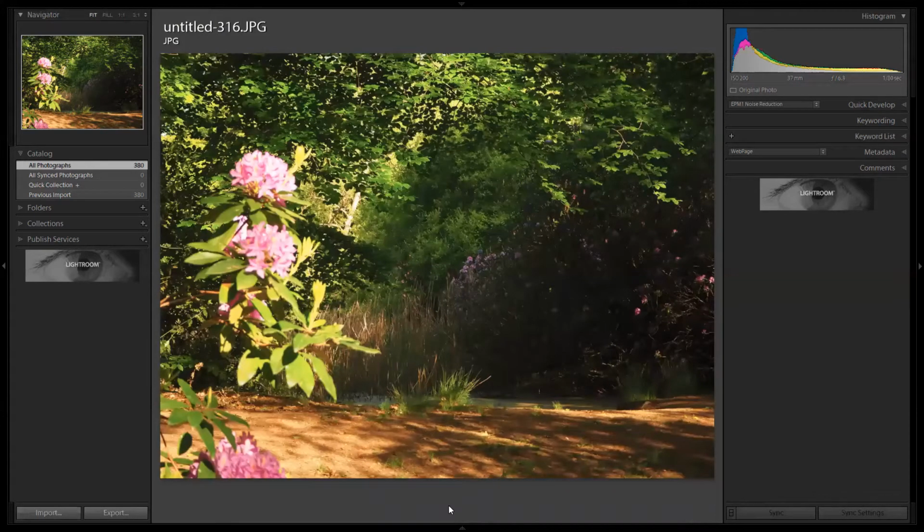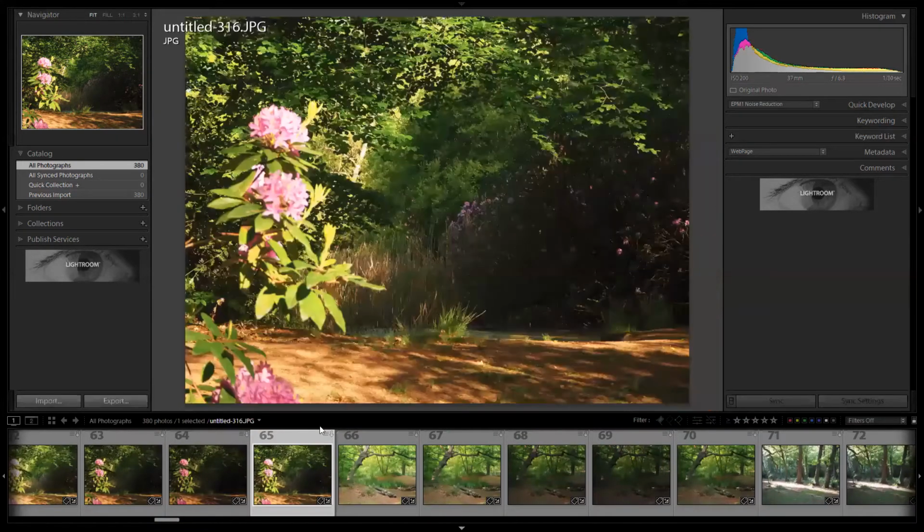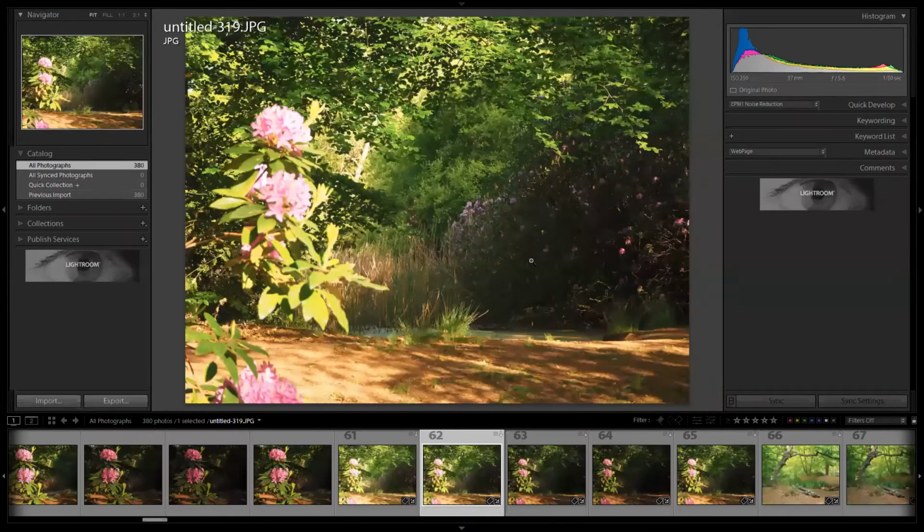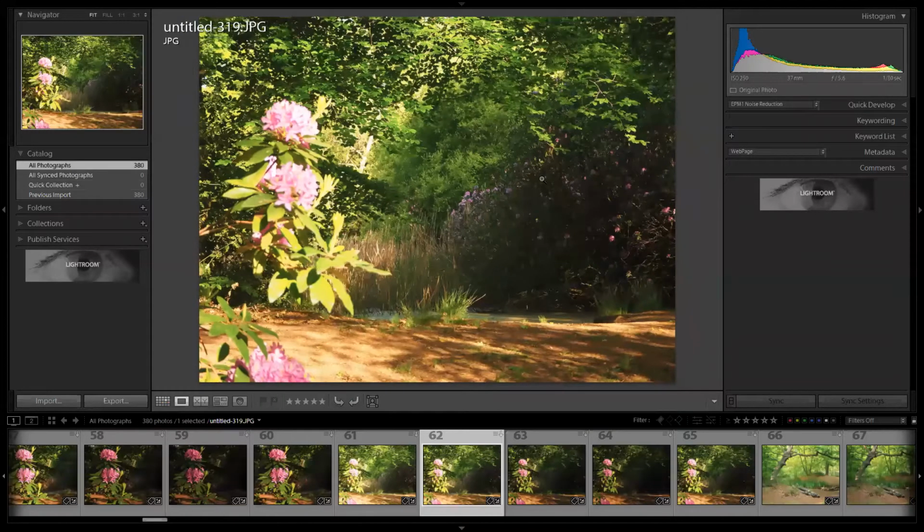Now, it depends on the way you want to work, and there are a lot of options. If, say, you're a film strip worker and you've got the film strip down the bottom, you like to click through using that rather than, say, grid view, and you find the toolbar occasionally, you're going to end up with a small version of the image. And for image review, you really want to go through and see it on a full-size version. So